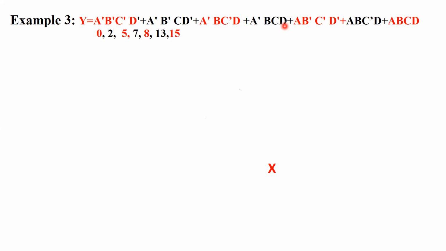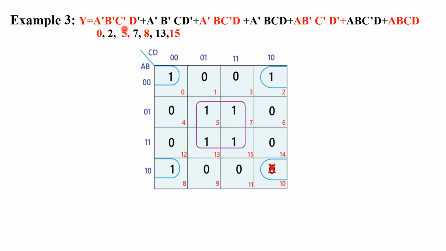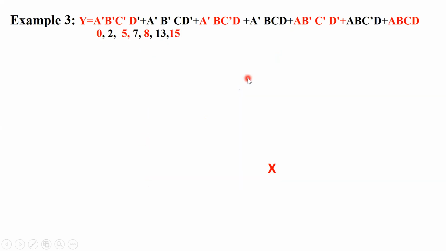Okay, so you have 4 variables. That is 2 raised to 4, 16 cells. So 4 rows and 4 columns. 4 4s are 16. You can take group of AB and then group of CD. So I will just show a glimpse: here AB and here CD. Then you write 00, 01, 11, 10. Then I'm not showing the rest. Okay, you will do it at your end.